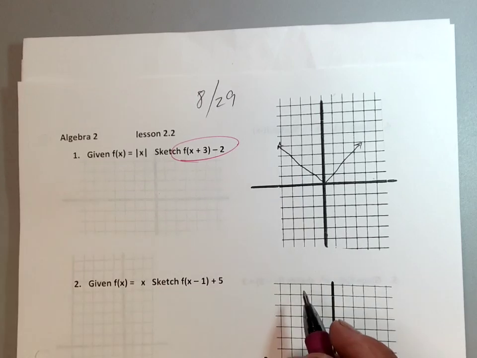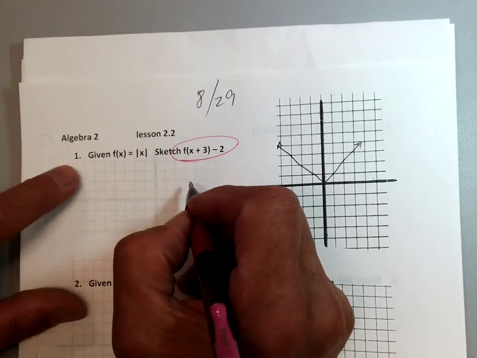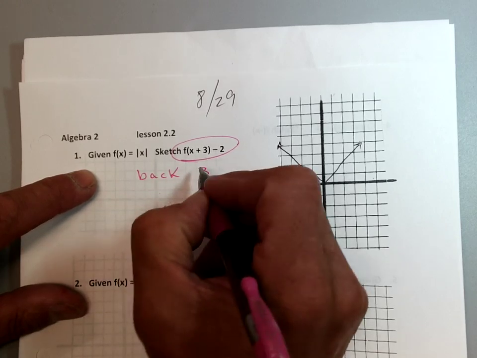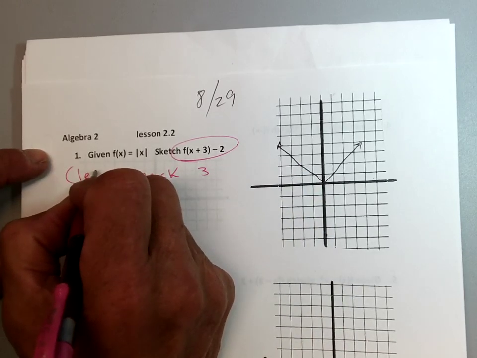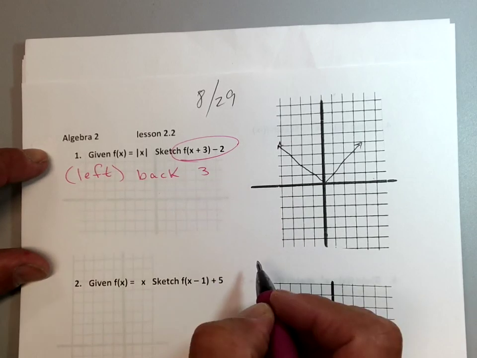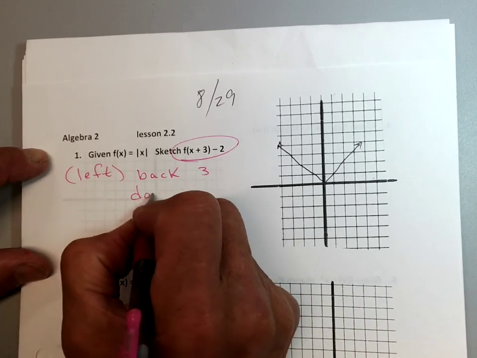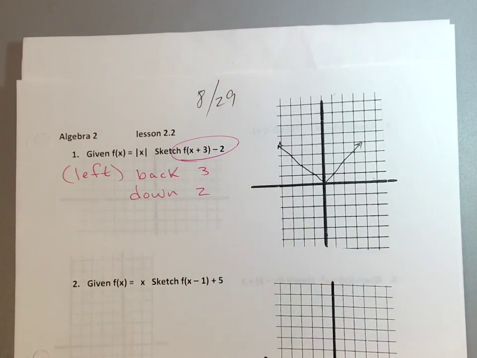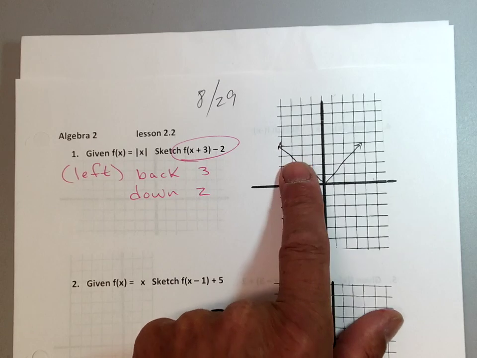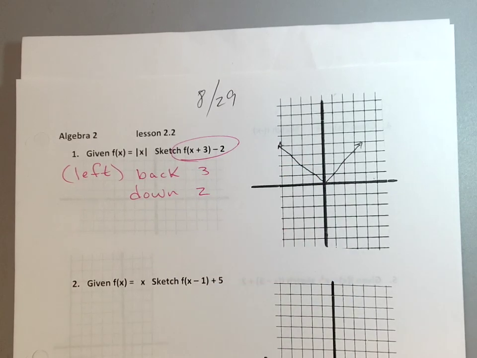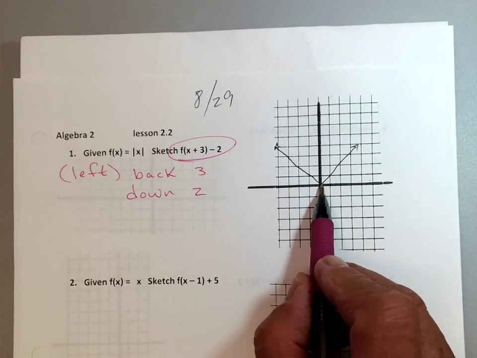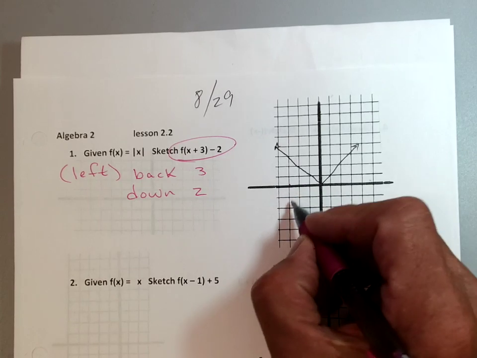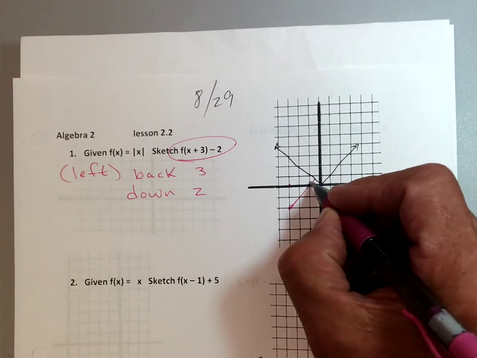I'm going to take the entire graph and we're going to move it back 3, or to the left, same thing as the left, right? And then we're going to move it down 2. So the whole thing, the entire graph is going to go back 3, down 2. So for me, let's just move the vertex, right? If this is the vertex, we'll go down 1, 2, 3, and down 1, 2. So we took the whole thing and we just moved it back